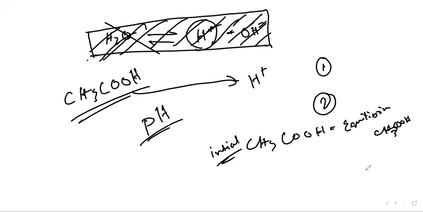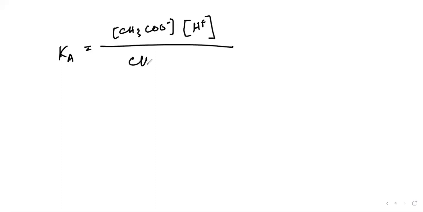If that's the case, then let's get back to the equation, which was Ka equals CH3COO minus times H plus, divided by CH3COOH. Now, as we have mentioned, the concentration of CH3COOH at equilibrium and initially will be the same. So, if that's the case,